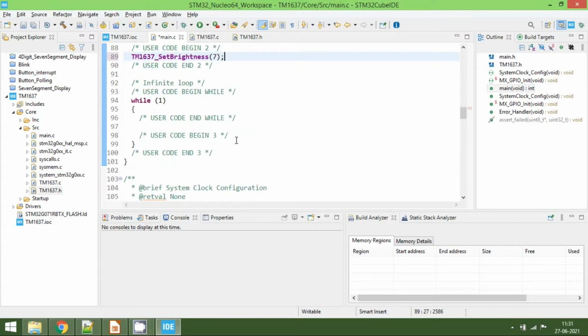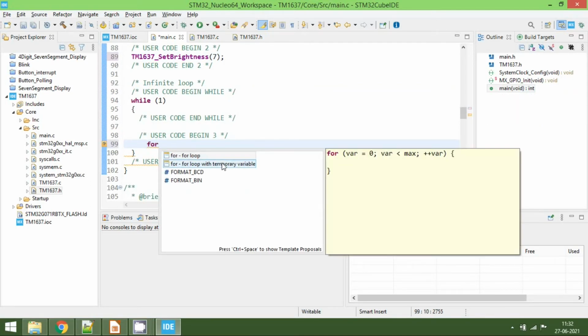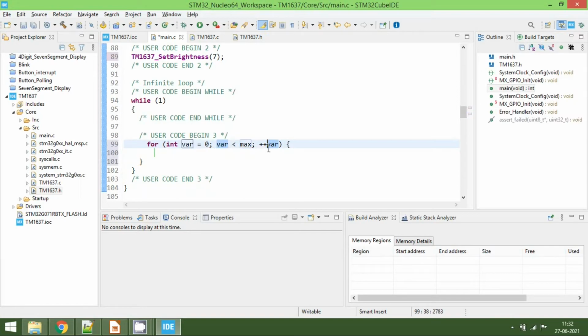And then go to the while loop. Here we are going to display a small counter onto the TM1637. So we'll write a for loop with a temporary variable, and the maximum value we are going to display is less than 100.